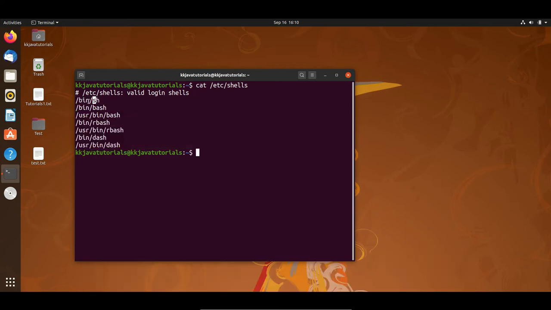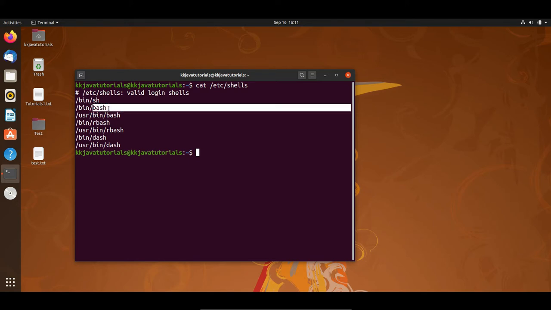So this is the first, all inside the bin directory. This is sh, which means Bourne shell. This is one of the shells which was invented initially, when the pioneer of the Linux operating system, Unix, was around. Linux has been derived from Unix. So this is the shell which was invented in the beginning itself, and that is called the Bourne shell.